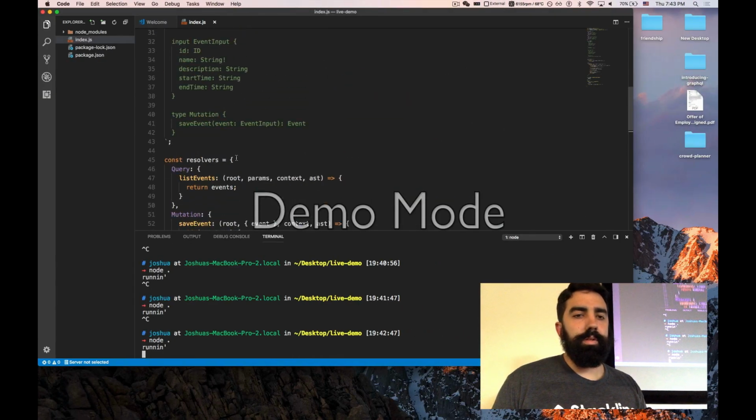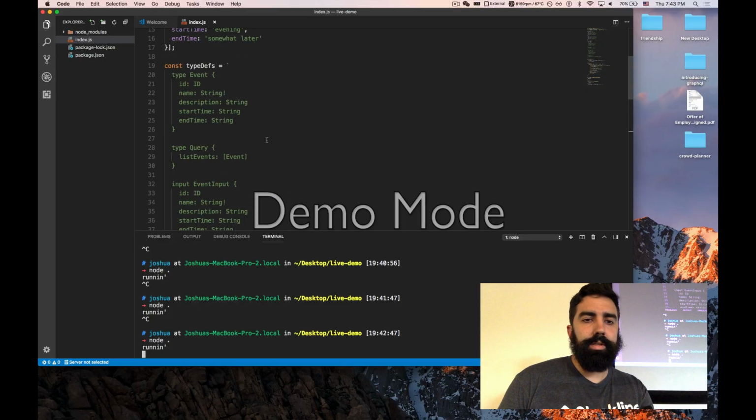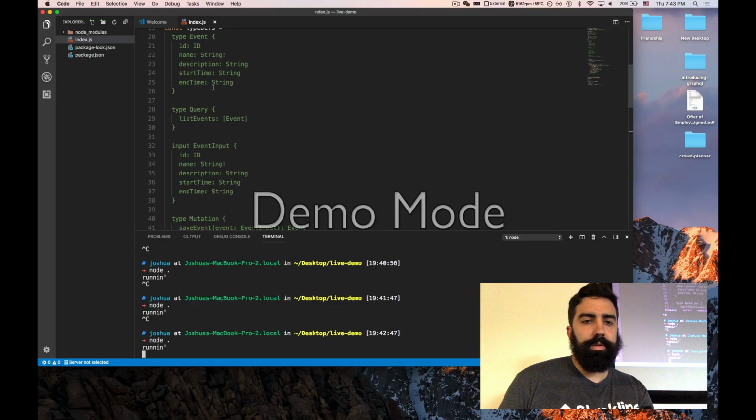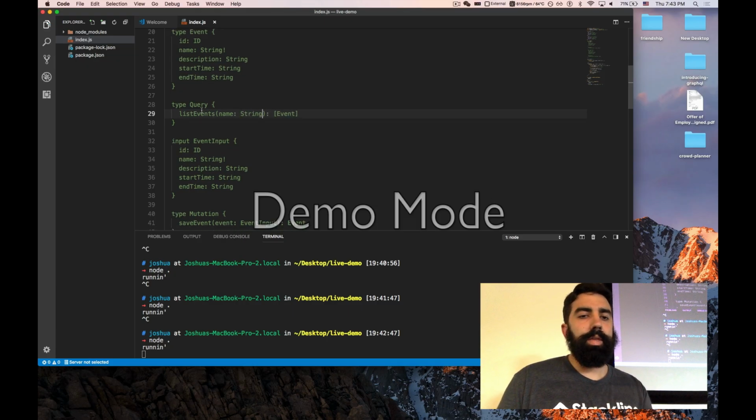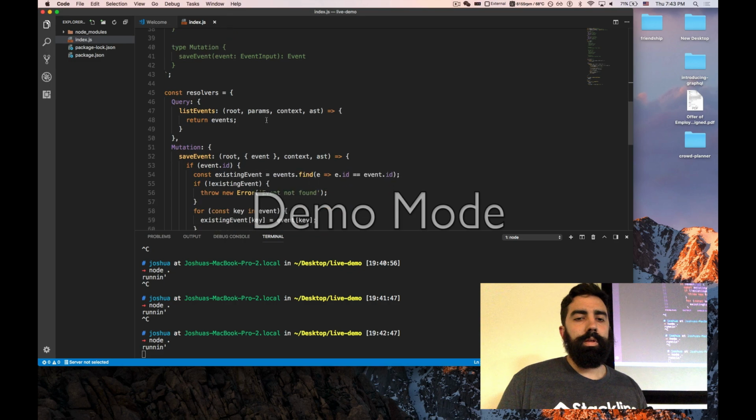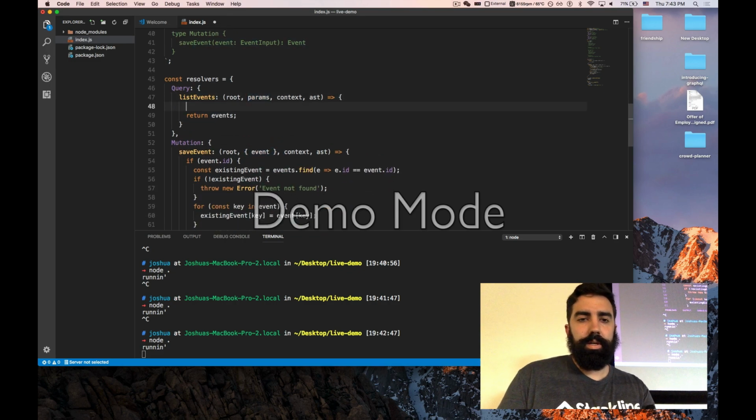The other thing we can do, this is the last thing I'll show you in this demo, and then we'll move on because I'm sure this is getting kind of old, is we can add some parameters to our queries. So for list events, it's nice to get all the events, but you probably want to add some parameters. We'll do name just for now. That will take a string, and that name will be available here in our params. So we'll pull that out, and if we got a name, we'll return